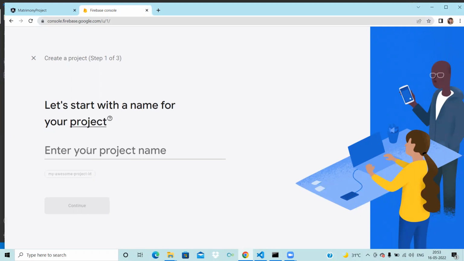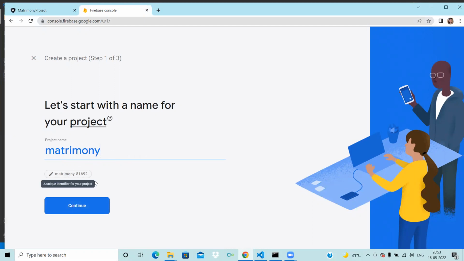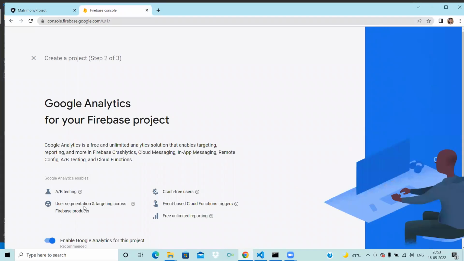For example, I'm giving matrimony, which is a test application. For that, an ID is automatically created. Continuing,